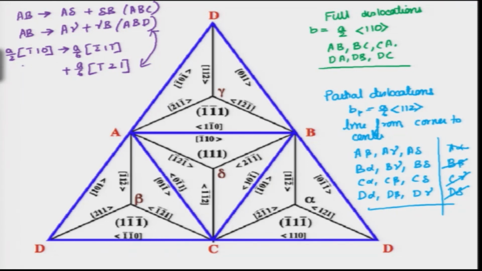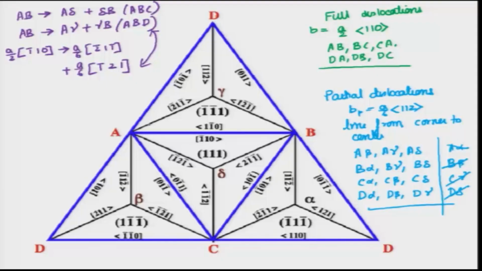So, this again does indeed break into the way we have expected. This is the sum of these two, and it should be, because that is how these have been drawn. But if you had taken it as it is without changing the sign of this vector, then it would have been erroneous and you may have ended up getting wrong results. So, once you have the Thomson tetrahedron, you have to select the direction carefully and use it appropriately in your dissociation reactions.